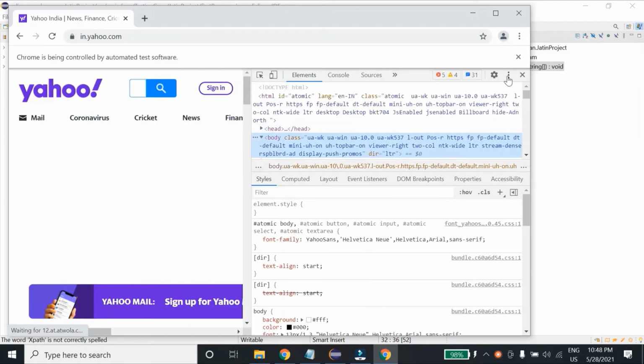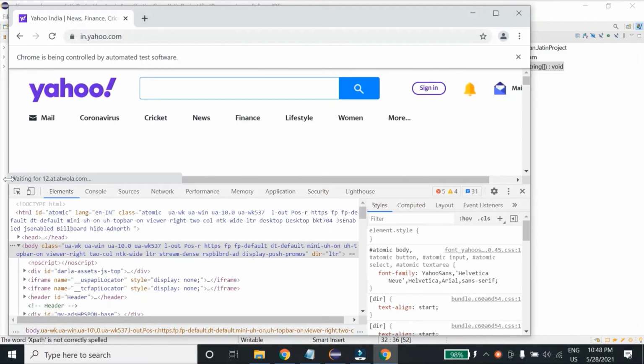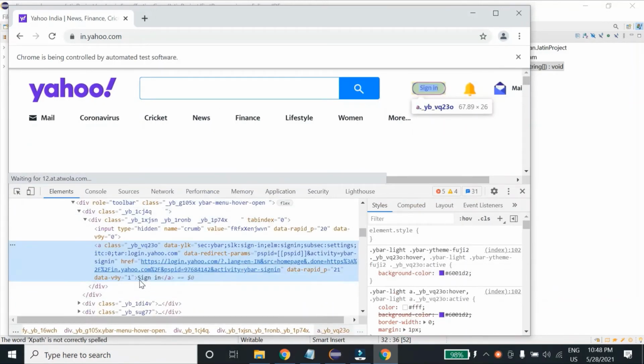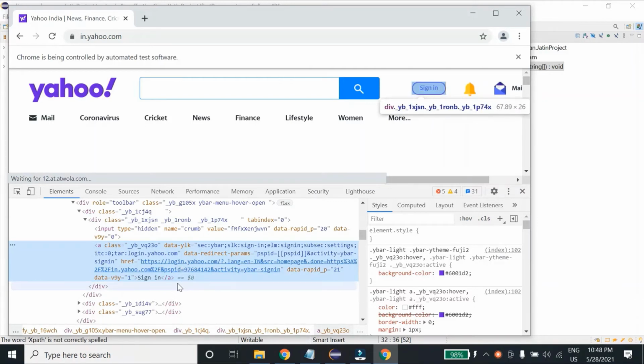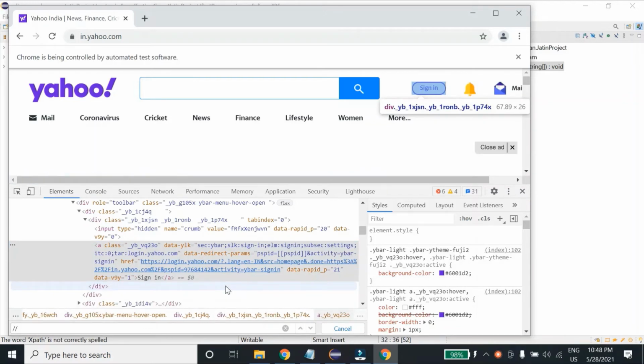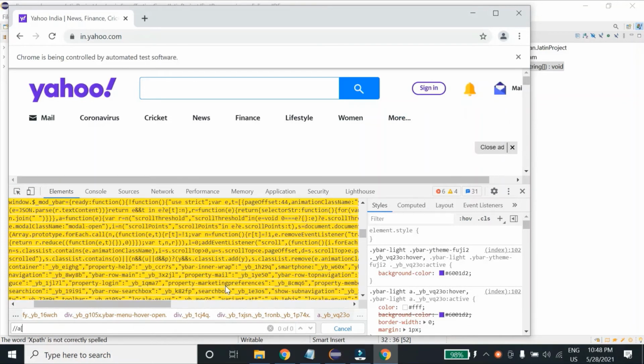So for this, let us write the XPath using the text function. Here, if you see, the text which is being used in this is Sign in. The only difference between text and all the other attributes is that all the other attributes you use with the help of @, but in text, as text is a function, you will not use @, you will use text and then parenthesis, because in a function we use parenthesis.